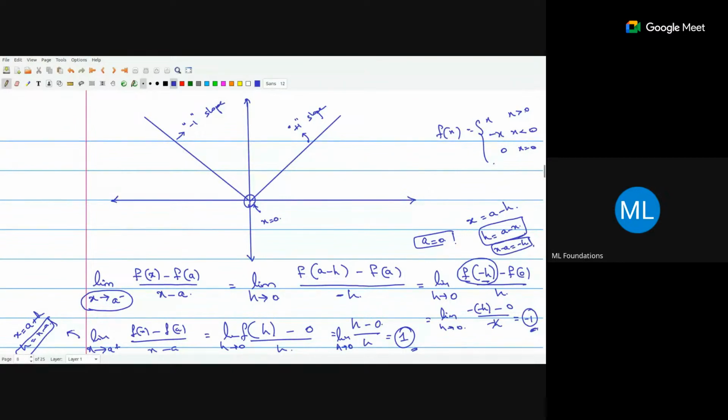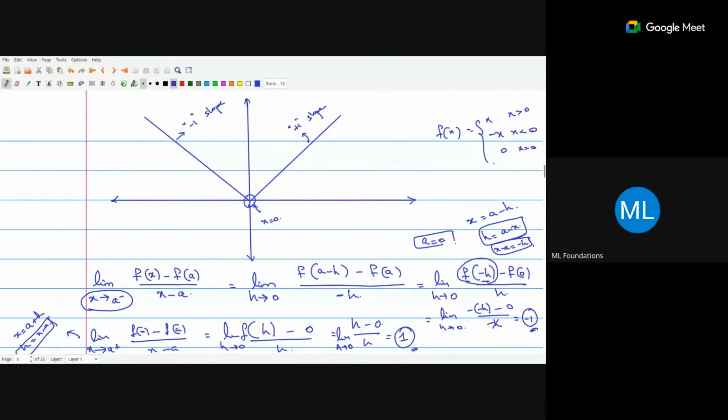When I say smooth, if a function is smooth at a particular point, it will have a tangent line. You can draw a tangent line. If it is not smooth, more than one tangent line may be possible, or you cannot even draw a tangent line at all. So there are many cases where, if the function is not differentiable, you will not be able to draw a unique tangent line at that point. But if it is differentiable at that point, we will have a tangent line passing through that point and also touching the curve.